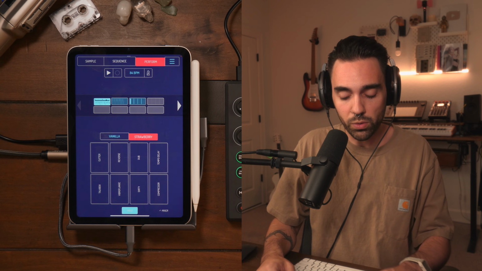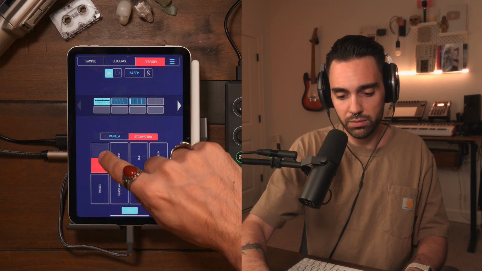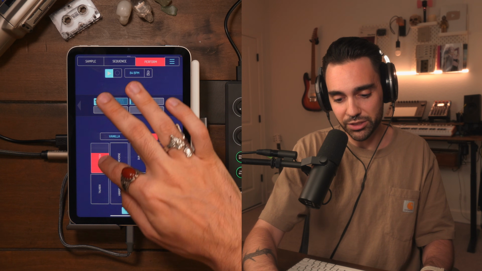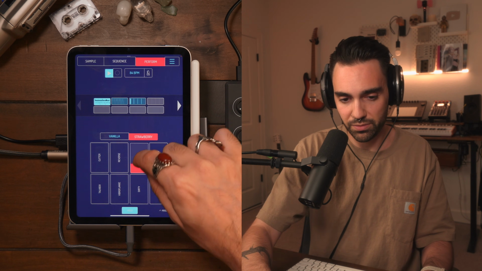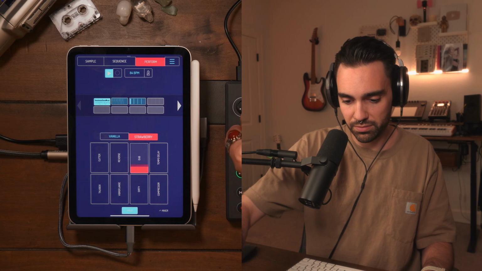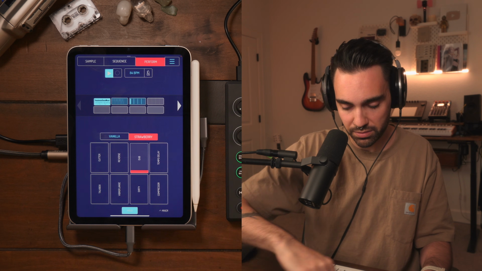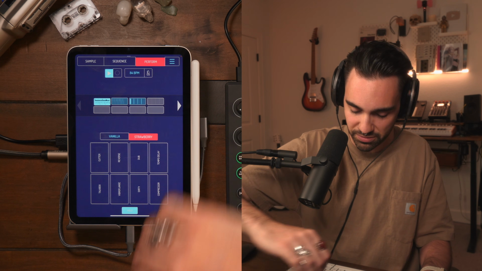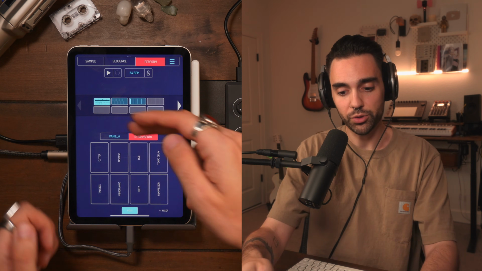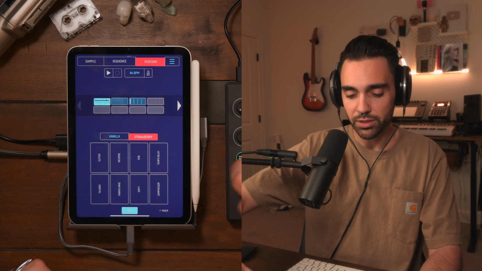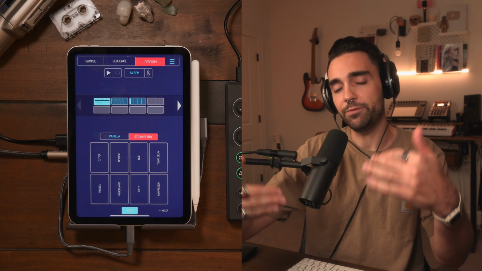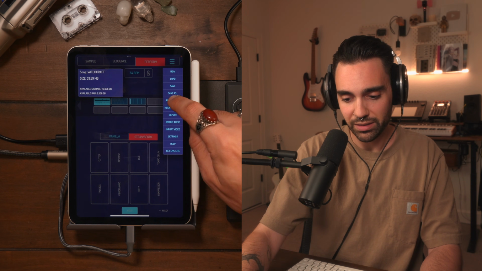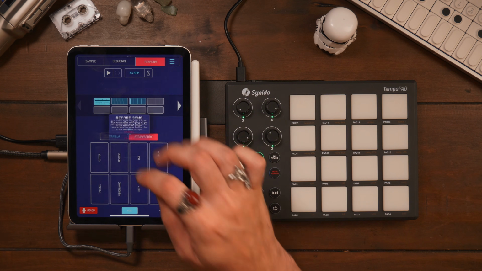But if I use the hold button, it won't snap back down like that. It will hold its position until I bring it back down. So you can switch between your different patterns, you can trigger your different effects, and if you want to record that performance all together, you can go up to the hamburger menu, click record song, press OK,